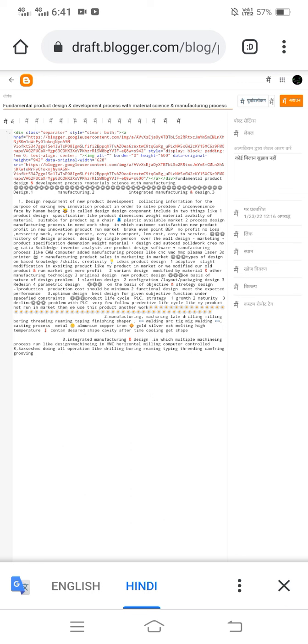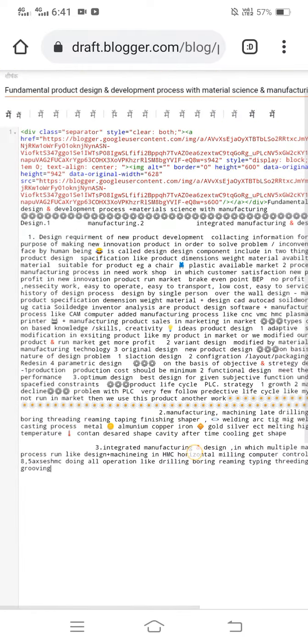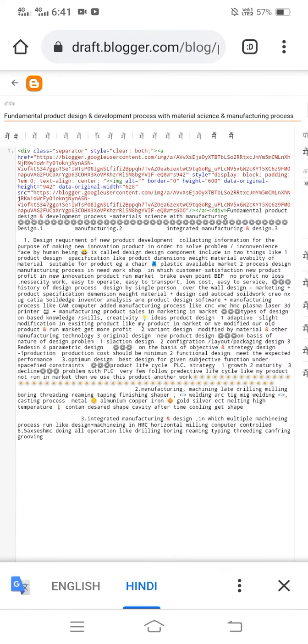Fundamental product design and development process with material science and manufacturing process. The process plus material science with manufacturing, in which design is number 1, manufacturing is number 2, and integrated manufacturing and design is number 3, in which first we take